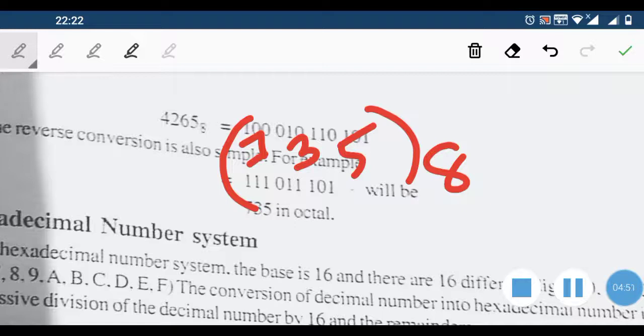So there is no need to convert this binary number into a decimal number and then convert that into an octal number. In order to convert directly between binary and octal, we can adopt this method. You group the bits into 3-bit binary form, and the corresponding digit is the octal form of that number.